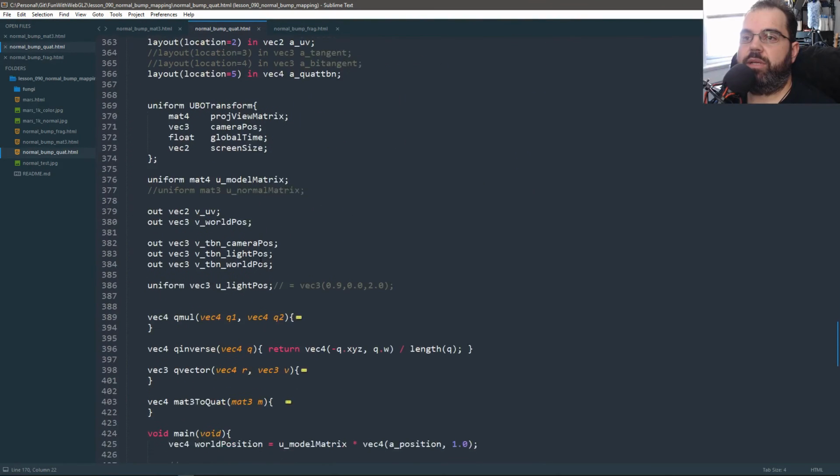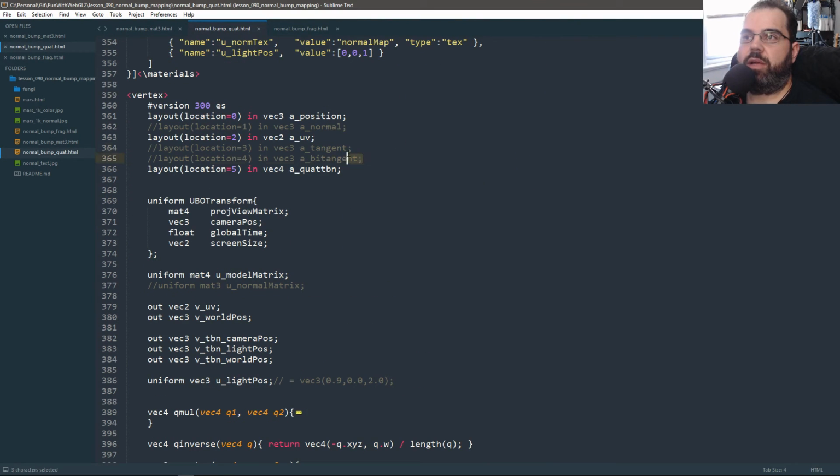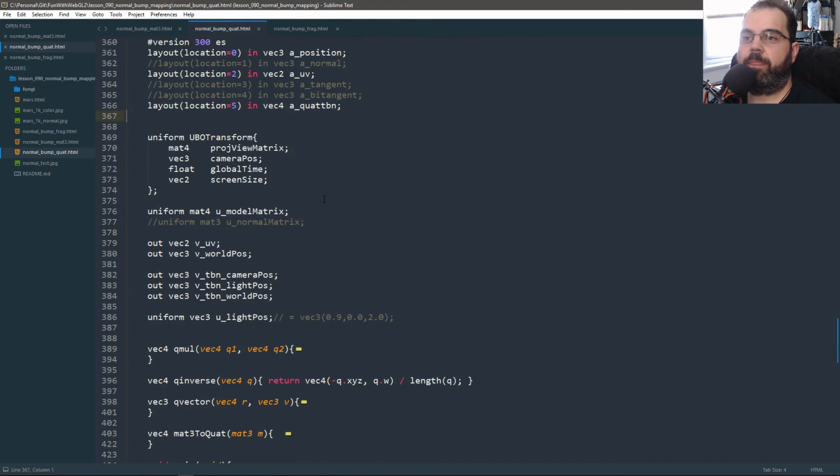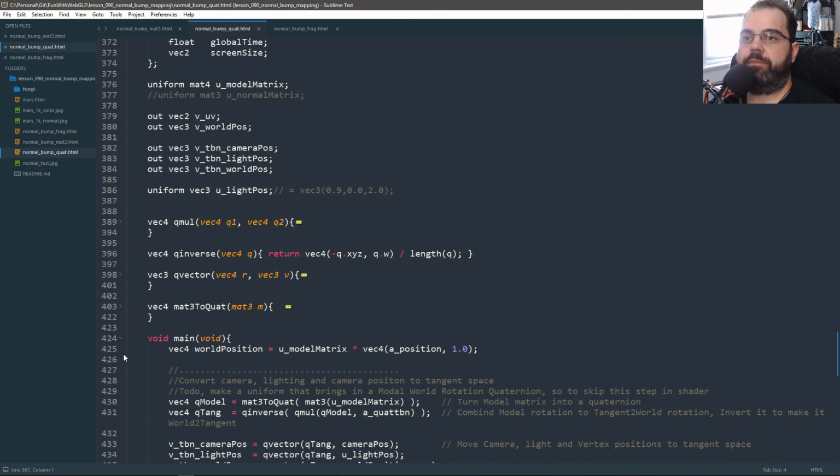So if I go here, I got rid of all those vec3s, replaced them with a single vec4, which is our quaternion. We have 3 functions here because OpenGL does not have any support for quaternion math. I'm surprised at this point in time that OpenGL doesn't have this built in, because that blog post, how this guy uses quaternion for everything,